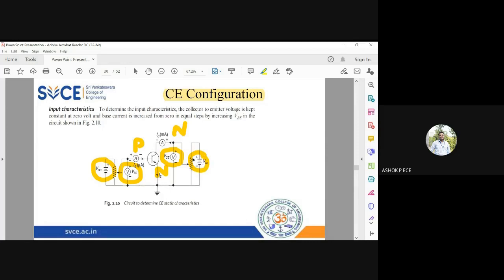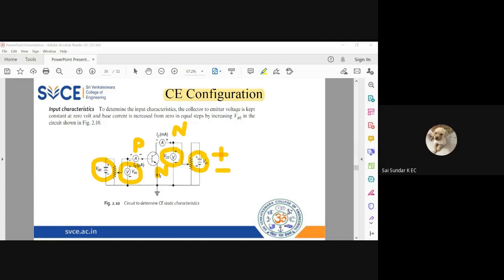And since this battery also has a normal plus and minus like this, the voltmeter will also have plus and minus in this direction. Is it clear now how to draw the diagram for common emitter configuration? If you follow the rule, it will be very, very easy for you in the exam. In all competitive exams or in all placements, you can crack this question very easily. Okay, is it clear now?